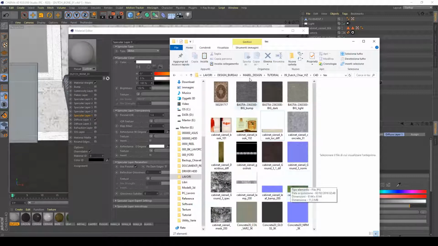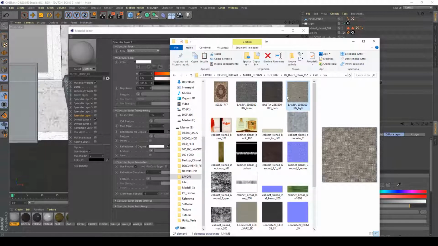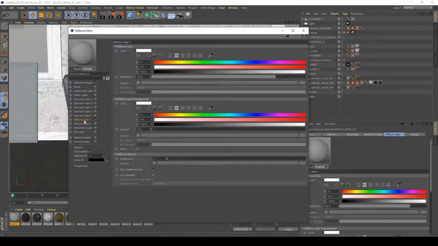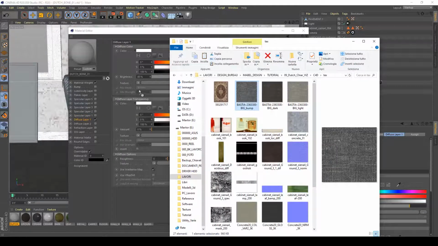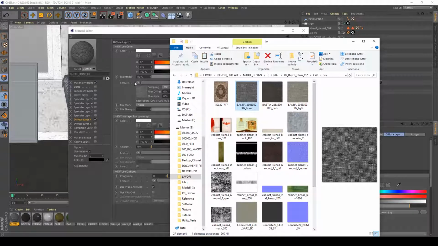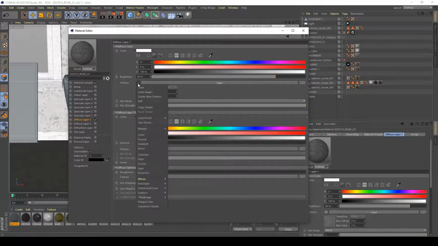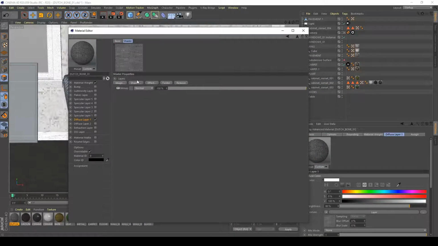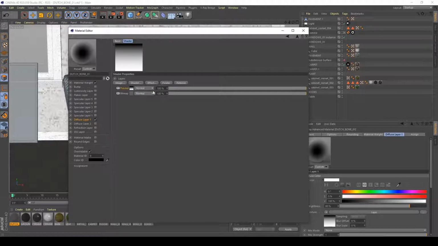So I think it's time to, maybe we can try with this one or this one. Maybe this one is good for the basic diffuse, so I want to apply it here, create a layer, open it up, add a Fresnel shader. You can try to put it on and reduce the strength on it